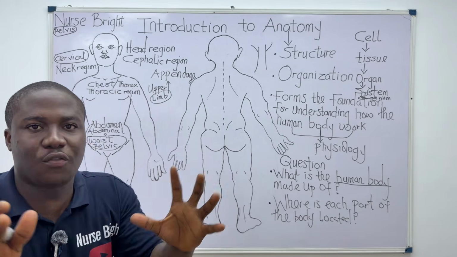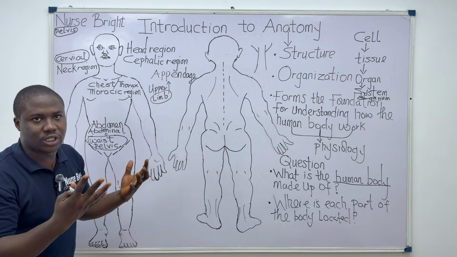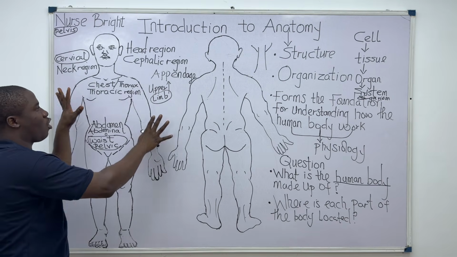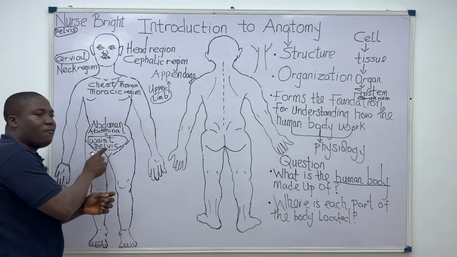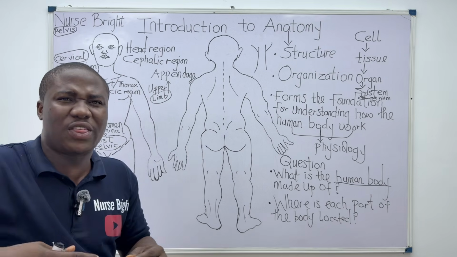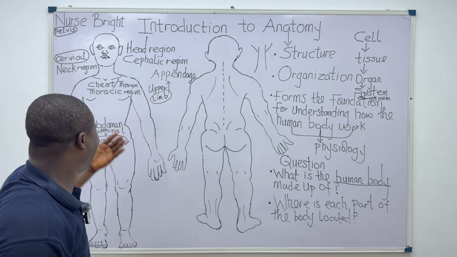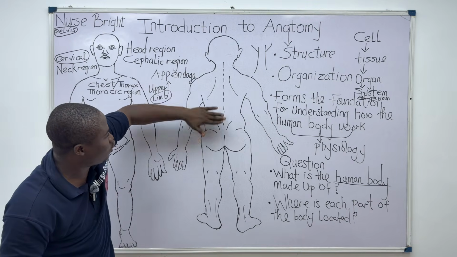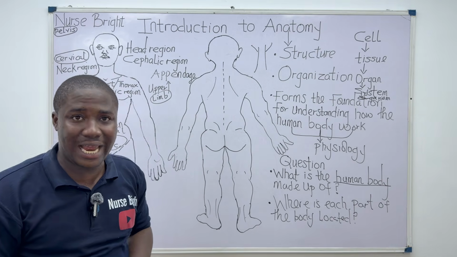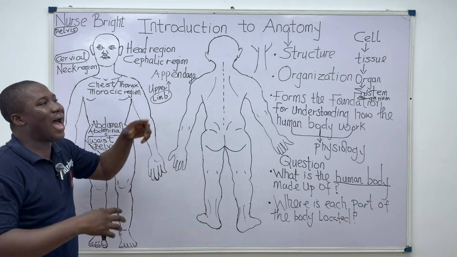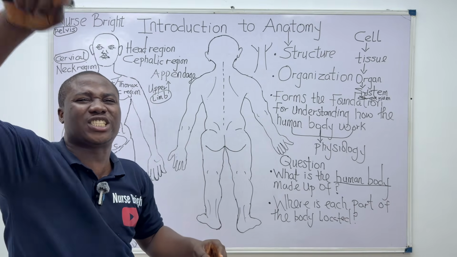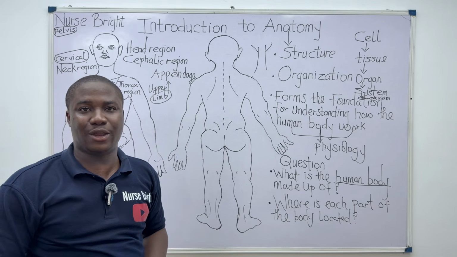So the trunk of the human body includes the chest region, the abdomen. This is where structures come out from. The pelvis region, structures come out from all of this region. So we call them the trunk of the human body. The back is the back. This is your back. It's also part of the trunk of the human body. Are you there? So these limbs are appendages or extremities that arise from the trunk, which is the central part of the human body.